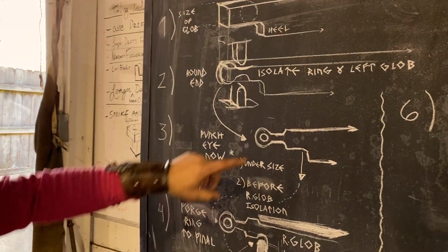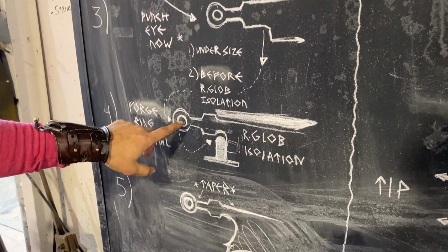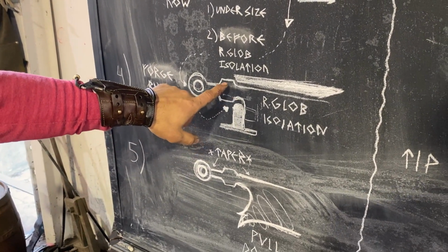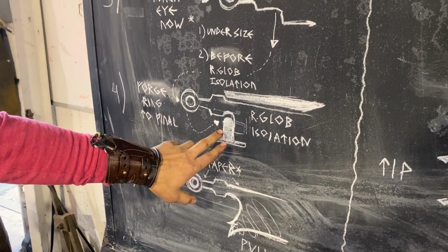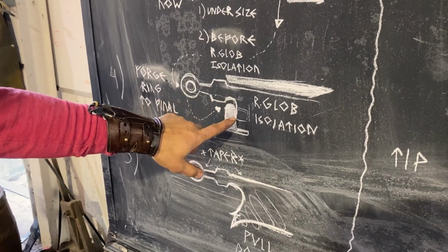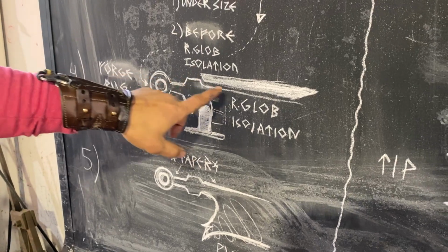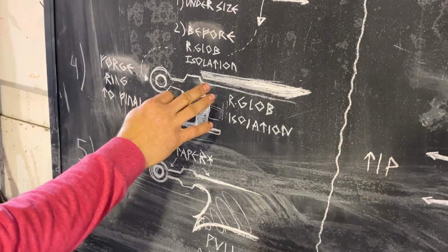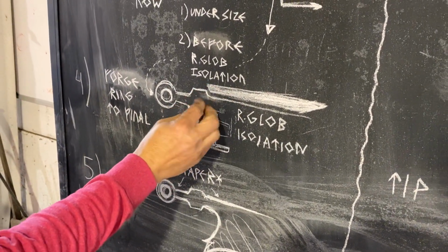Then you would come down here, you get your ring to final shape, and then you're going to isolate the right side of the glob. To do that, you're going to use a fullering die up where the index finger is going to sit. And then we'll actually have to build a special plate that shifts this. This is where a lot of people struggle. And when they do that, they either use a flat surface and then it's all up here, and then you end up with a